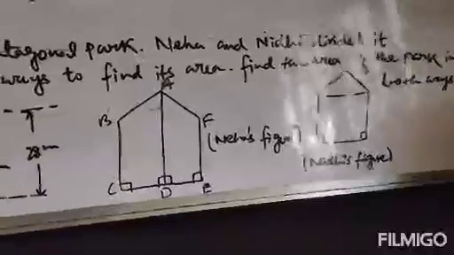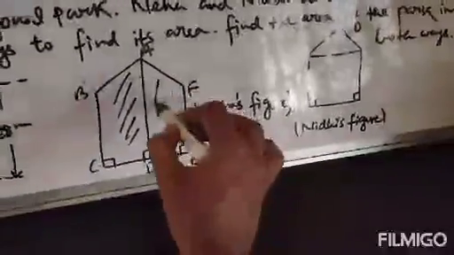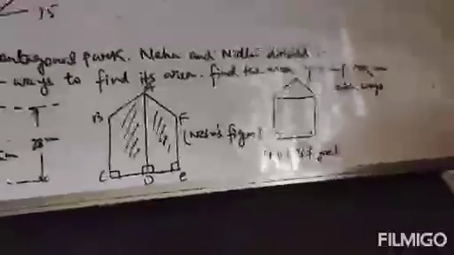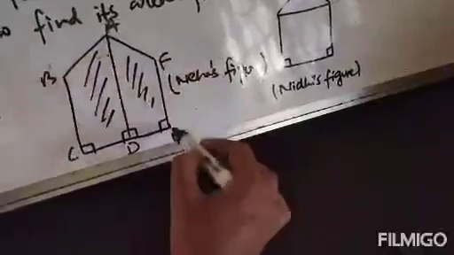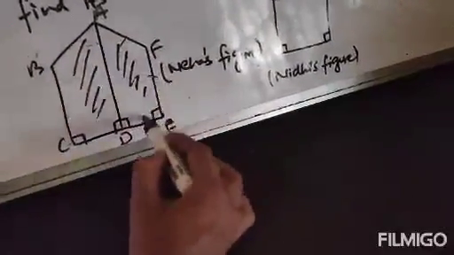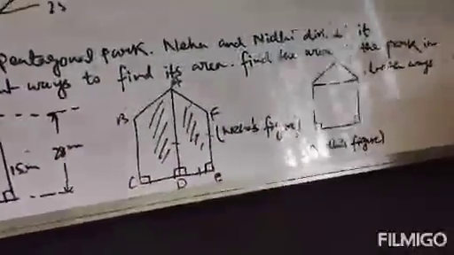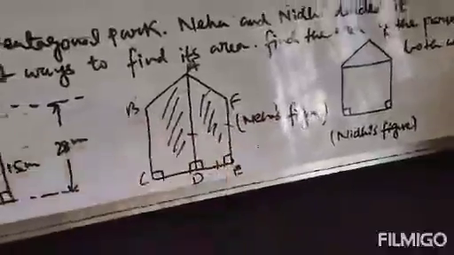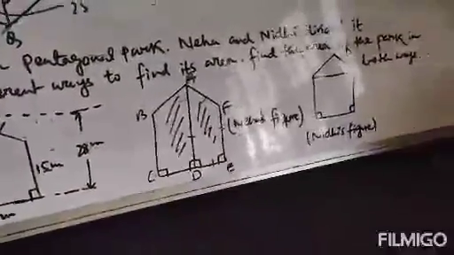Also we have to find out the area. So first we will find the area of this portion and then this portion, and we will add the two areas. Clear? Now see, this is the quadrilateral, because if we consider A, F, E, D, this is the quadrilateral part, 1, 2, 3, 4 sides. Also this side is also a quadrilateral. So we will find the area of this quadrilateral and area of this quadrilateral, and then we will add both.